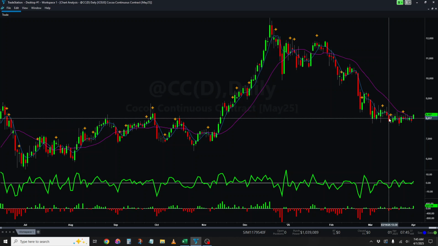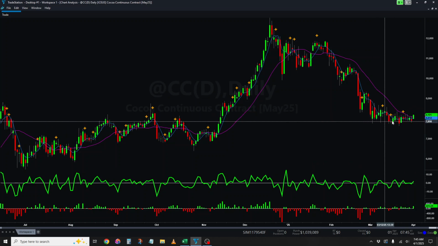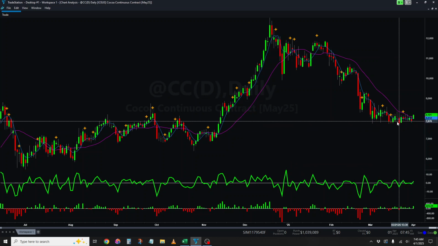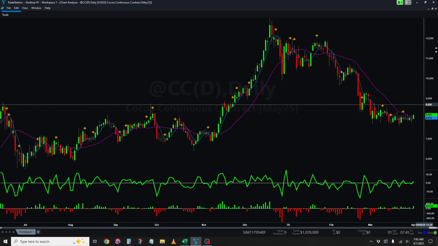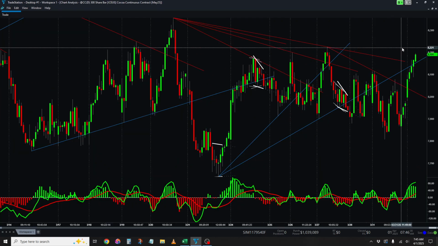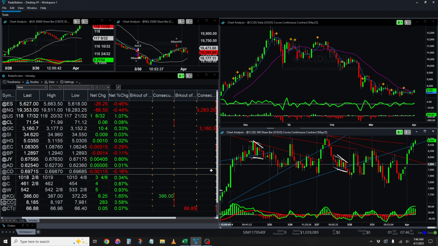So this is a much more interesting coil, where they've found support here. Serious support. So there's buyers in here at this level. Once it breaks out of this coil, this is definitely something you want to be involved with. And it is testing it a little bit this morning, but it's still not interesting yet. Still just moving sideways. So we'll keep an eye on cocoa